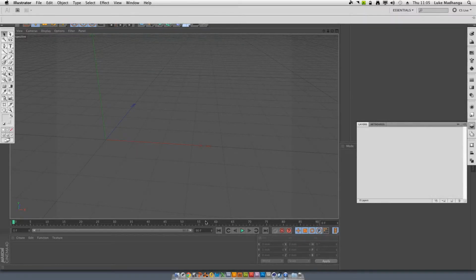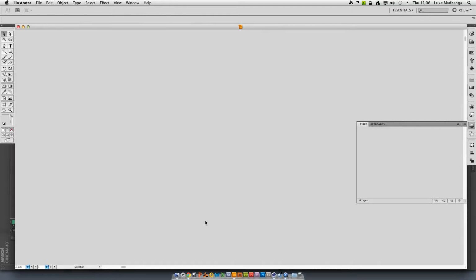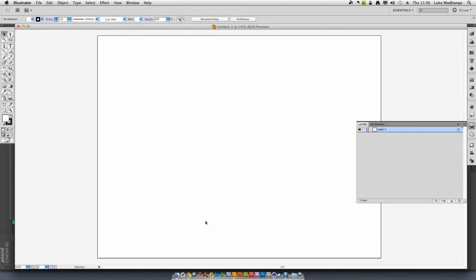One thing you may want to do with your Cinema 4D stuff is to actually take your stuff from Illustrator and then bring it into Cinema 4D, because that will just make life that little bit easier. So we're in Illustrator. I'm just going to create a new document quickly, and I'm just going to do something real quick. Let's remove the stroke on this and come back down, just make a little curve, bangity bang,